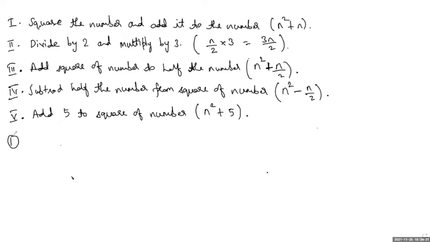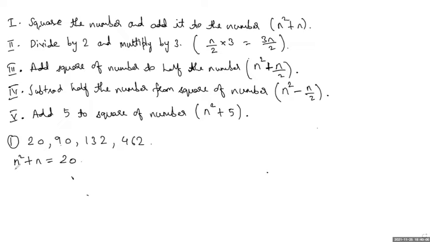So the first question series is 20, 90, 132 and 462. This is the question. Now which of these 5 rules is this series following? We should find that out. So first we'll start with the first rule. So if n square plus n is equal to 20, now check n, does any number match?